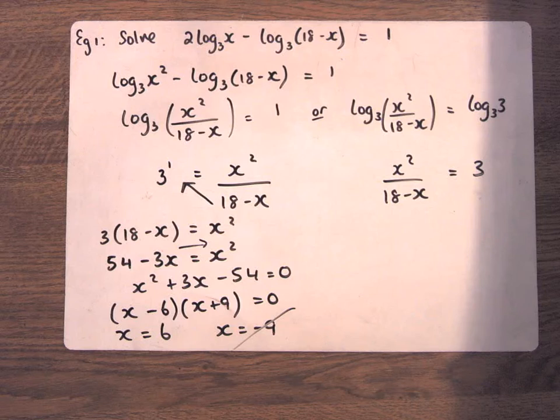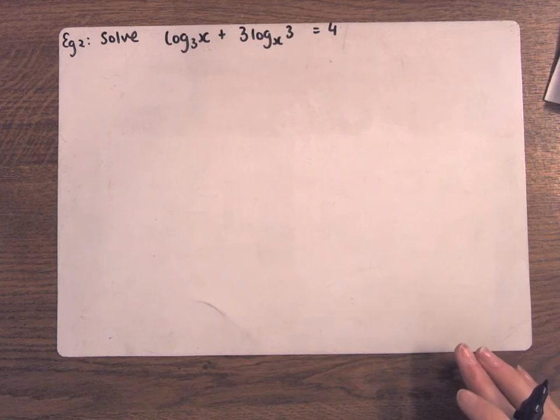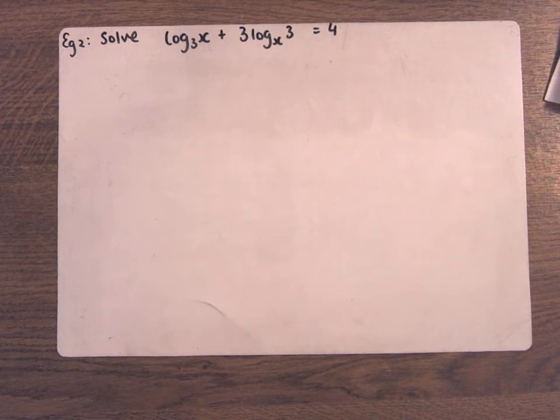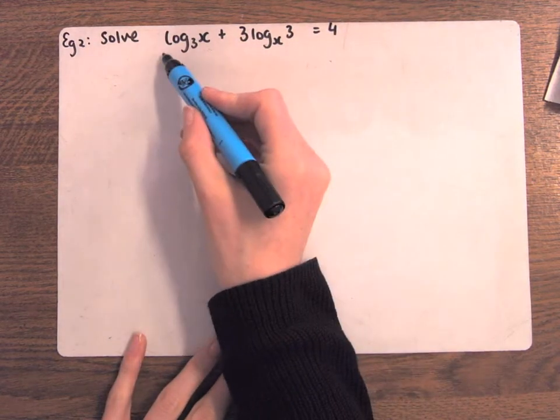Okay. Example 2. Solve log to the base 3 of x plus 3 log to the base x of 3 equals 4. What's the problem? The bases are not the same, exactly. So I'm going to change them to be a base of x just because. Okay, so this I'm going to change to be